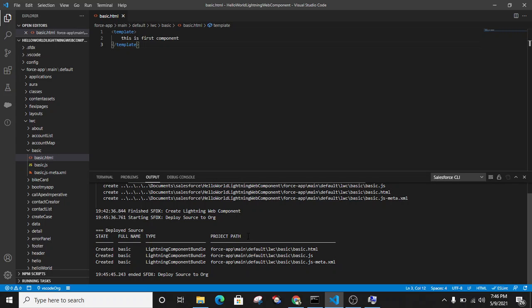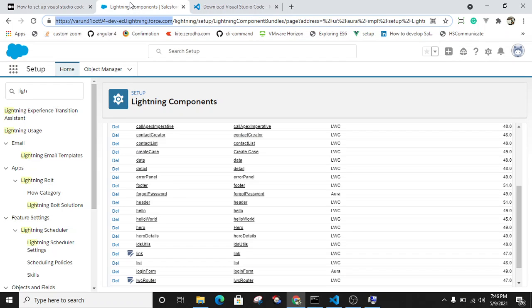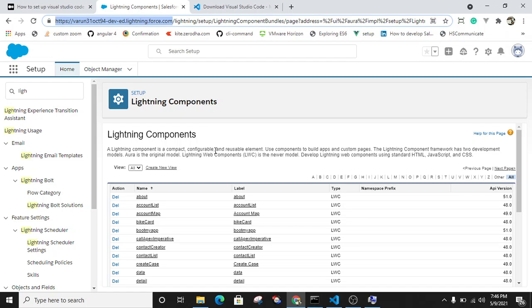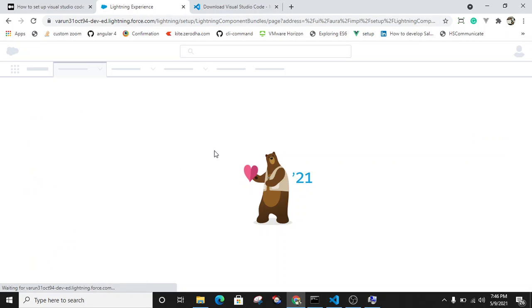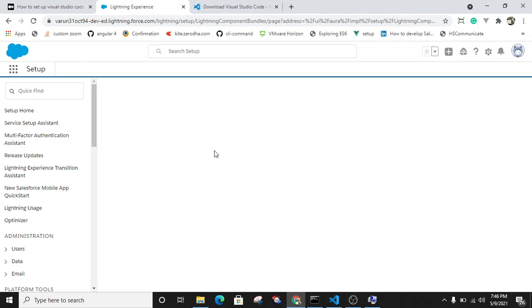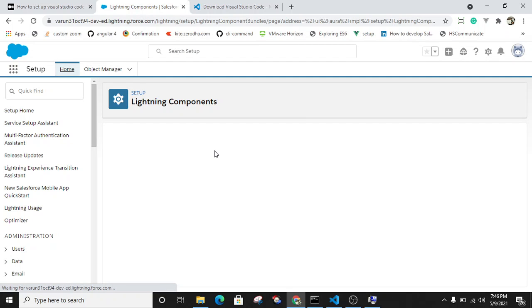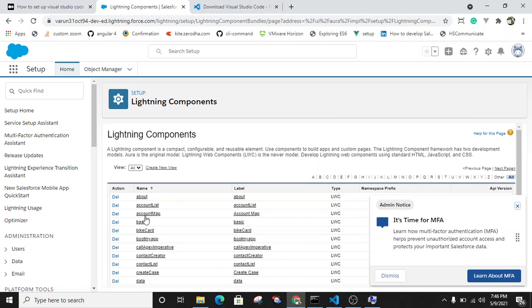So let's go to the org and check it. Where is the basic component? Yeah, here you can find it, basic component.